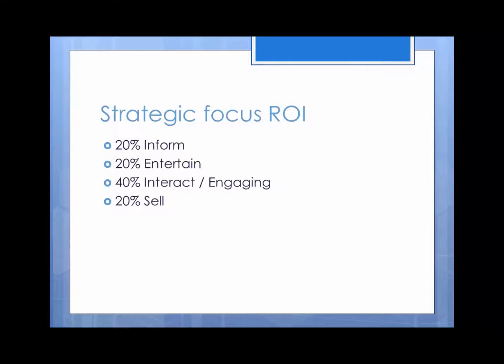But it basically says that 20% of your articles are going to inform the potential audience so that you can become visible to potential employers by providing value. I said articles, but I mean content when I say that. Content can be articles, it can be videos, and I'll talk a little bit later on about what that can look like. 20% of your time will be spent informing a particular audience so that you can provide value. Another 20% of your time will be spent entertaining an audience, again, so that you can provide value.